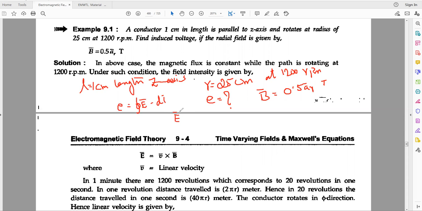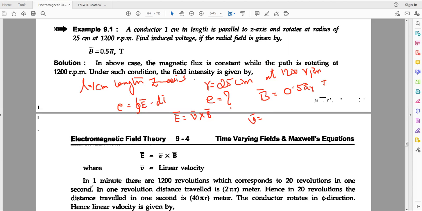E bar is equal to V bar, the velocity, cross the magnetic flux density B bar, which is equal to 0.5 a_r bar. Here V bar is a linear velocity. So what is V bar now? V bar is given by the length 1 centimeter and R as 25 centimeters at 1200